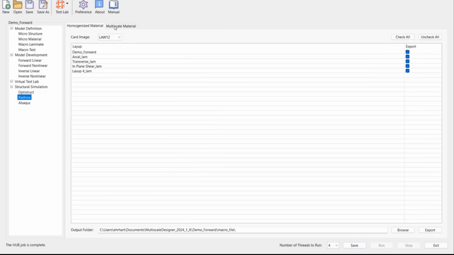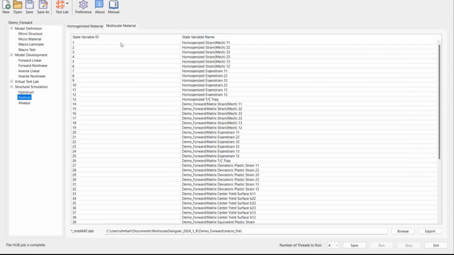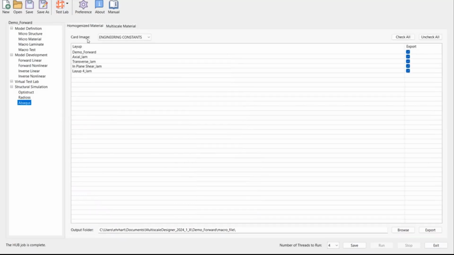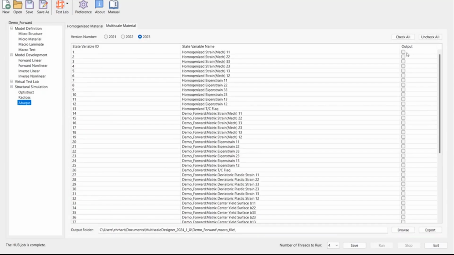One thing with the Radioss export, which was always a bit cumbersome, was collecting the state variables, if you wanted to add the element deletion to the MDS in Radioss. Now you get this list directly here, export the MDS, and together with that list, you know exactly how to define the element deletion. And together, say with Abaqus, you can activate the output into the ODB here. You select the Abaqus version and all necessary files will be exported. That's